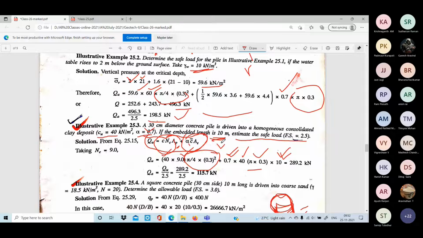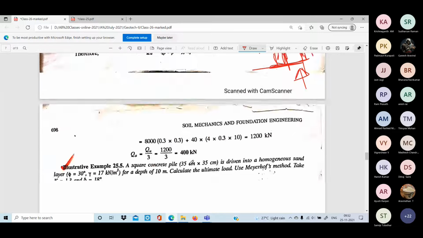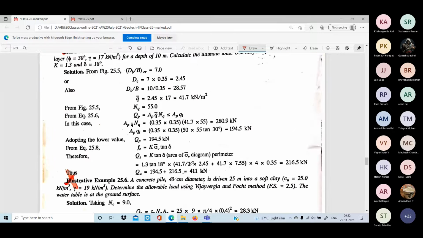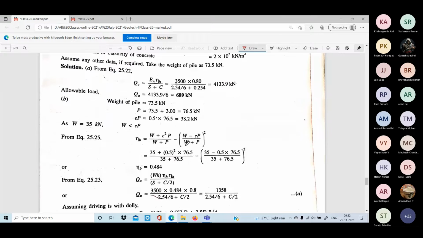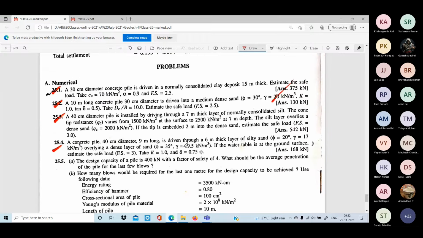Understood. So likewise, for all the problems, if it is square foot, what we have to do is again take the area of a square, and all these things have been done. And the different problems may be given here. Just go through it. It's not difficult. What you do is try to solve this problem as the assignment, as I said.